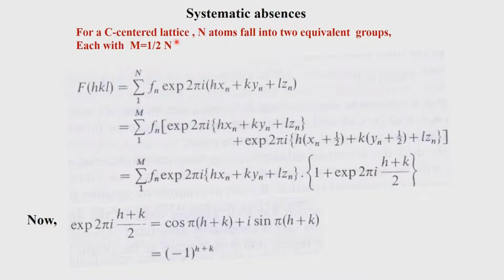So, let us now take the structure factor expression which we have and see how the structure factor expression reorganizes itself when we have a centering. So, we will start from a C centered lattice. So, in the case of a C centered lattice, what are the extra components you will get? For every x, y, z, you will get a half plus x, half plus y, z. So, if there are 8 equivalent points, you will get 8 other equivalent points associated with the addition of half plus x, half plus y, no addition along the z axis. So, this is the concept of C centering in the lattice.